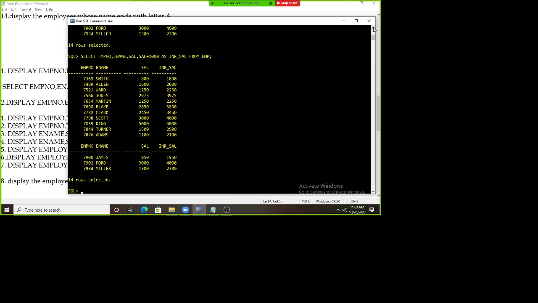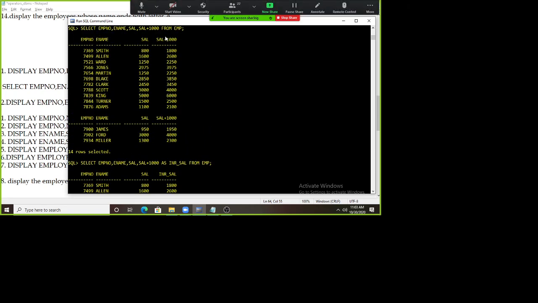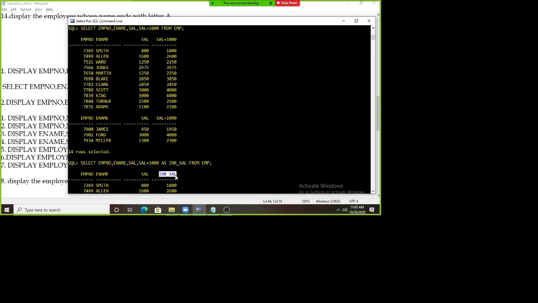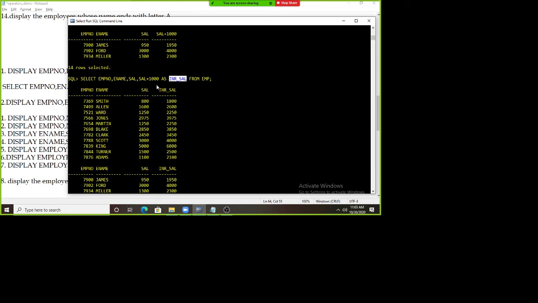So what is the difference observed here? The previous table and this table. Here we have been getting this salary plus 1000 code, whatever I have written here. Here what I'm getting? Increment salary. What I created here? I created some alias name, which means the alias name will be displayed as a column name when you are displaying the information. Now see this, how you got this new column, because you have incremented with 1000.